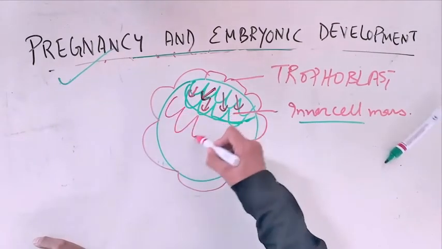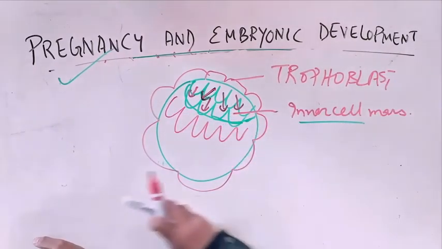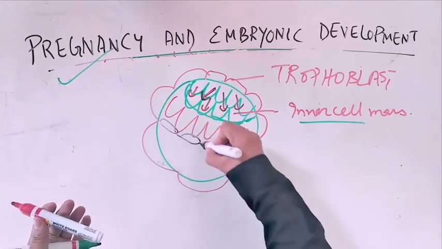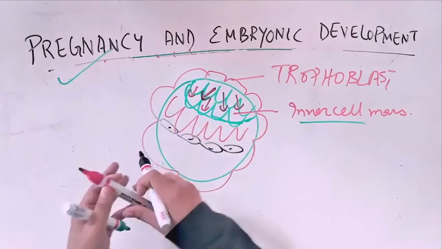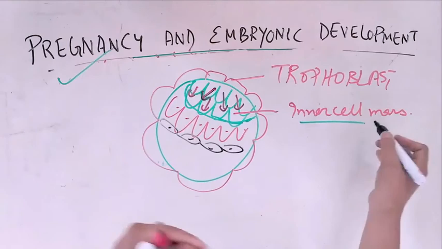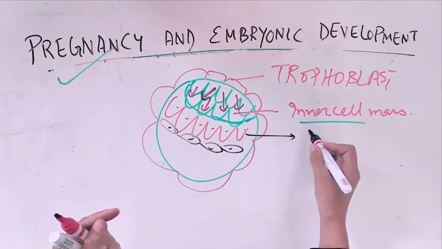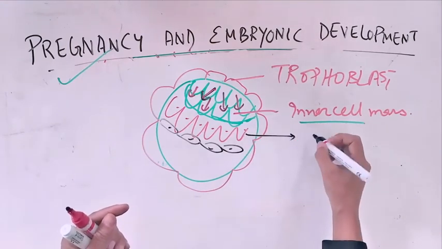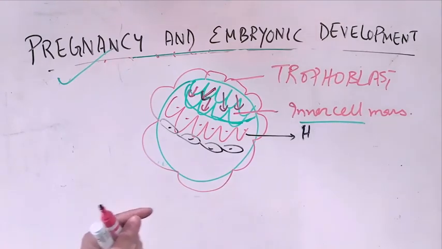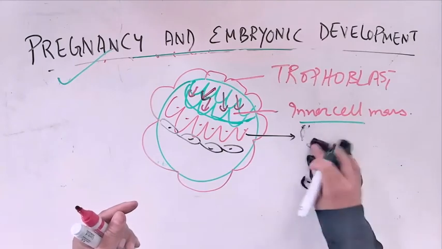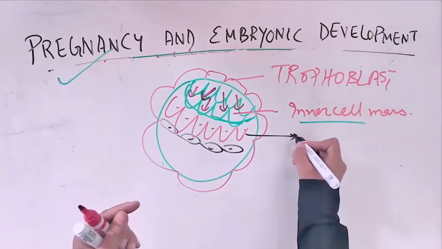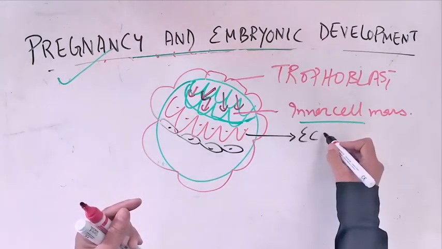They'll form cells like the hypoblast and epiblast, and the epiblast will form, as in the textbook,